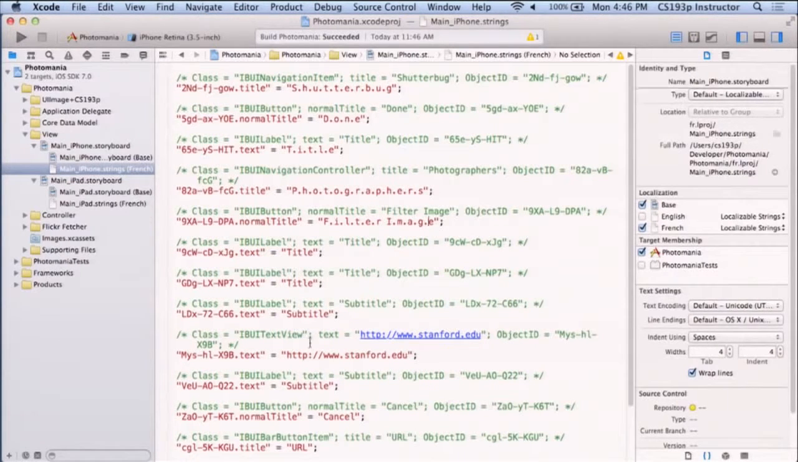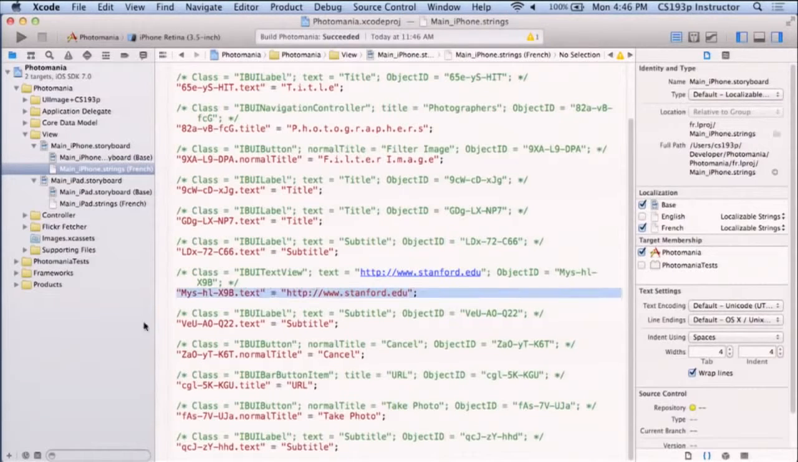So we don't need to do these 2 titles or this subtitle. We don't need to do this because that's just a placeholder. We want this subtitle down here though, because that's